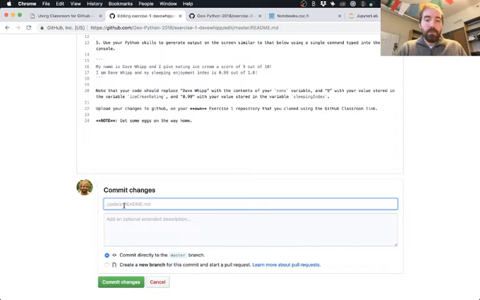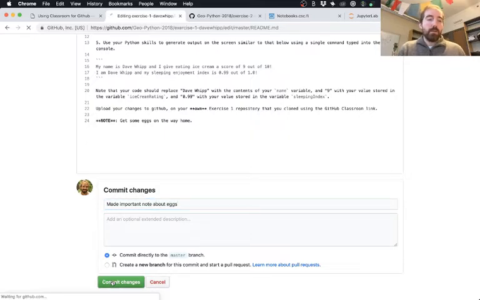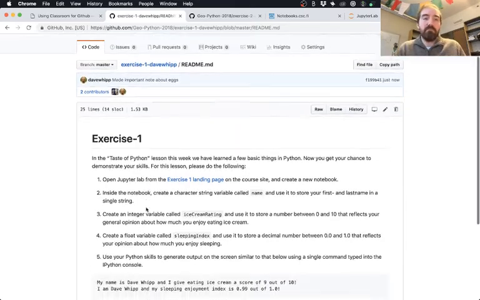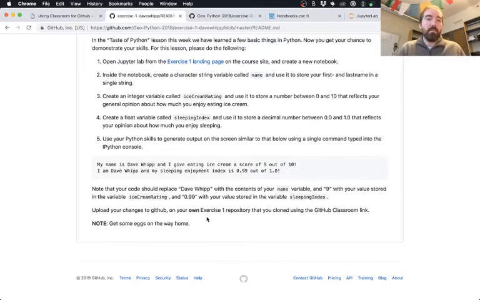And I could add my commit message here to say I made an important note about eggs, and commit my changes. So I've made a modification to a file. Git doesn't care whether it's a Python file or a Markdown file or whatever. And just like I would normally commit from the command line, I can do the same operation within GitHub on the web page.